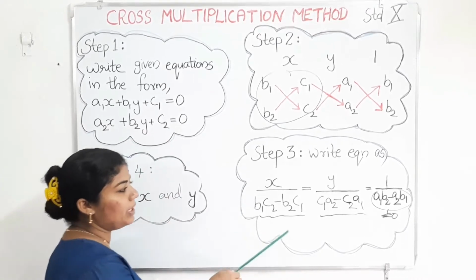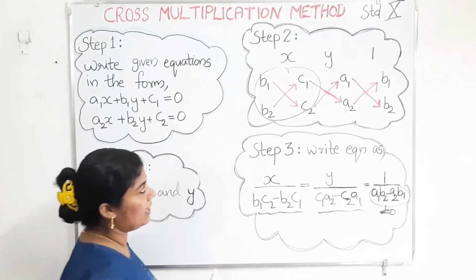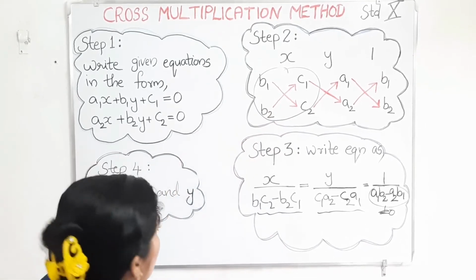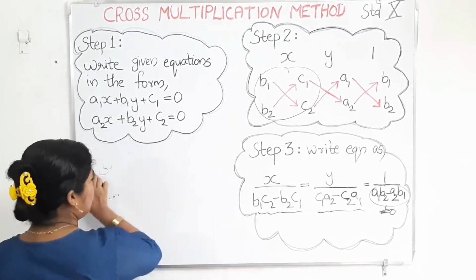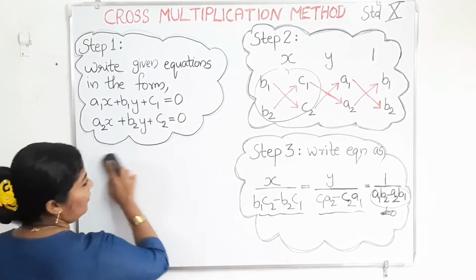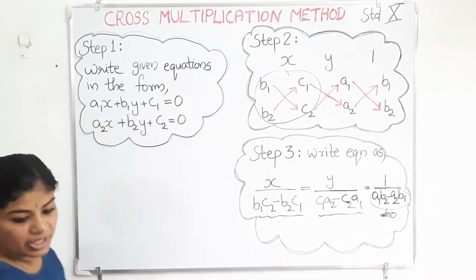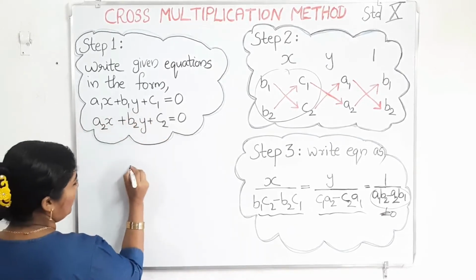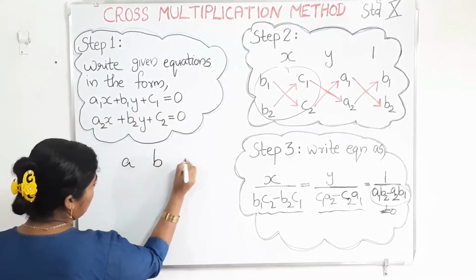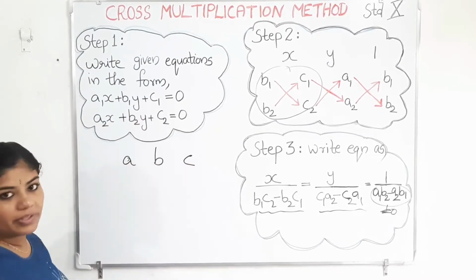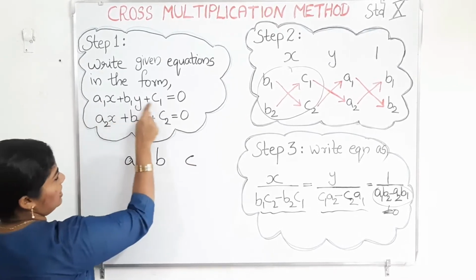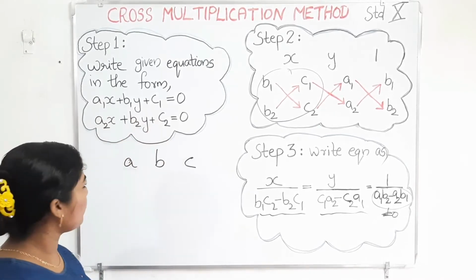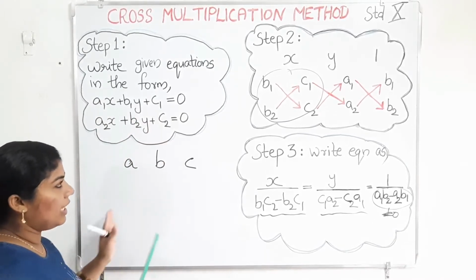So this step 3, how we are writing it and how we can do this, all this I am going to tell you. Okay, let's see here. What are the alphabets, meaning coefficients? As coefficients we used A, B, C. A, B, C. Okay, these are what we used. A, B, C, and the second equation also A, B, C. So we know A, B, C.